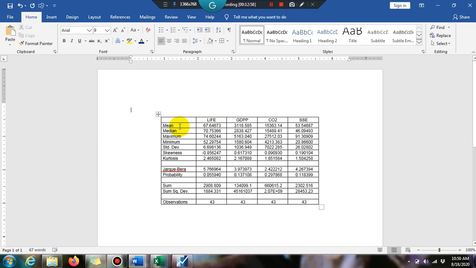Here you can explain that the mean value of life expectancy is 67.64, the median value is 70.75, the highest value is 74 and the minimum value is 52. You can also interpret the standard deviation of this life expectancy series.